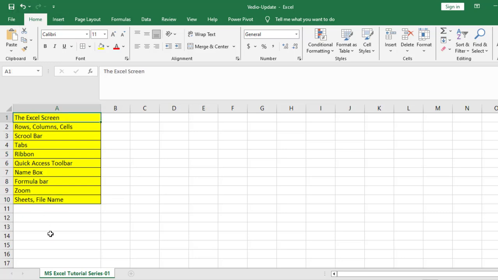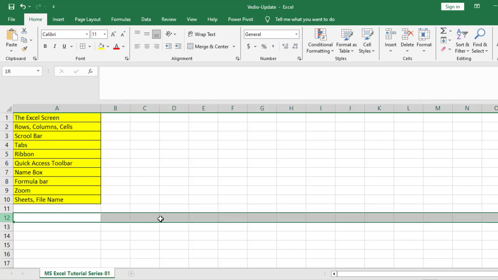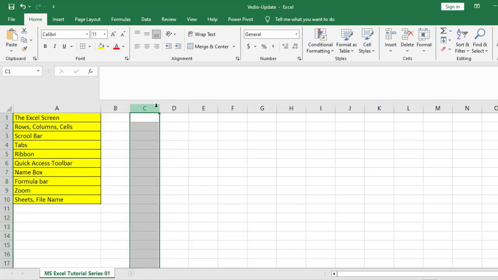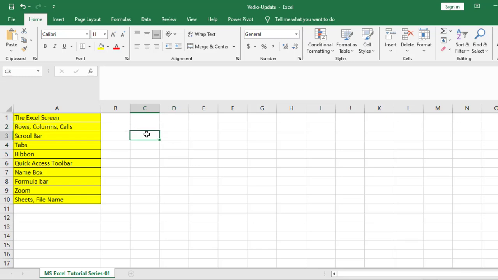So this is the Excel screen, and this is called a row. A row is horizontal. This is a column, and the name of this area is called a cell. This is every cell. You can see that the cell name changes. You see C1, the next cell name is D1, and the next is